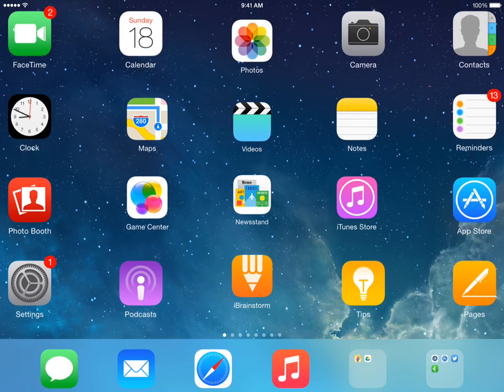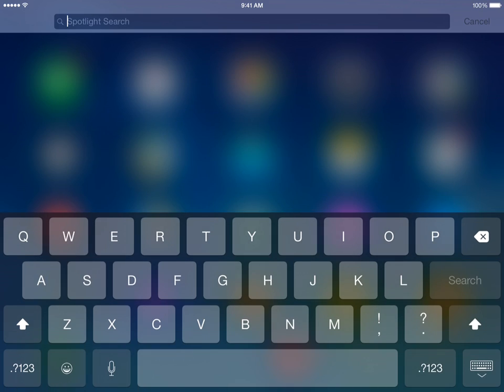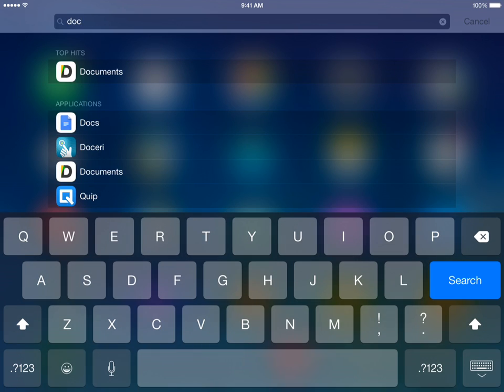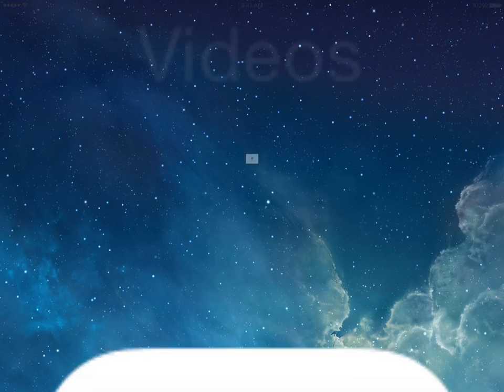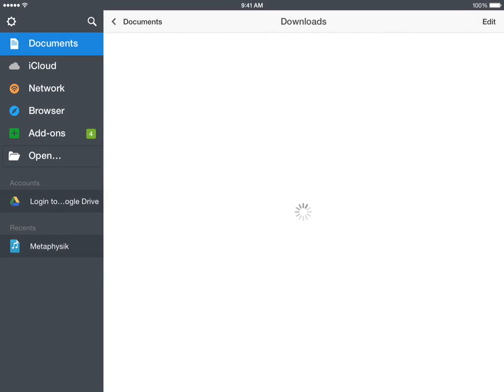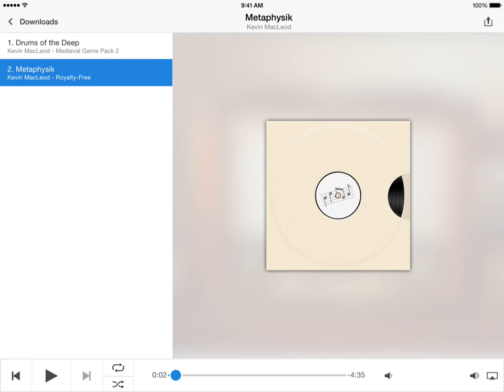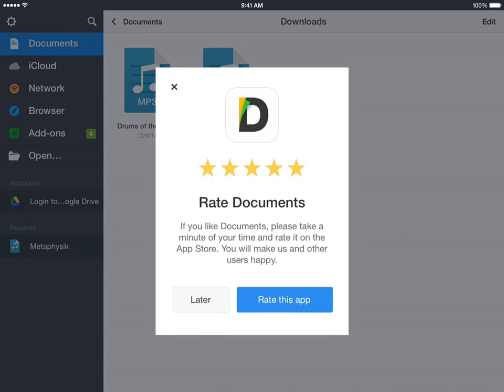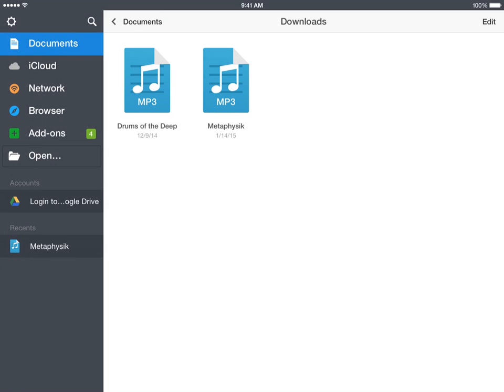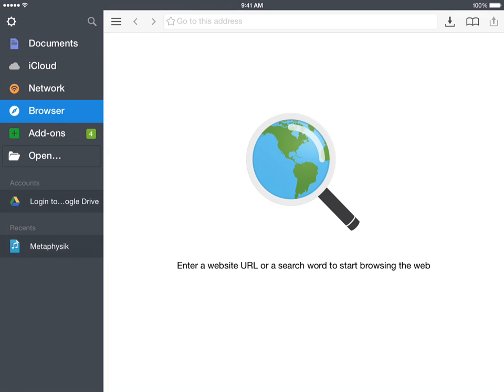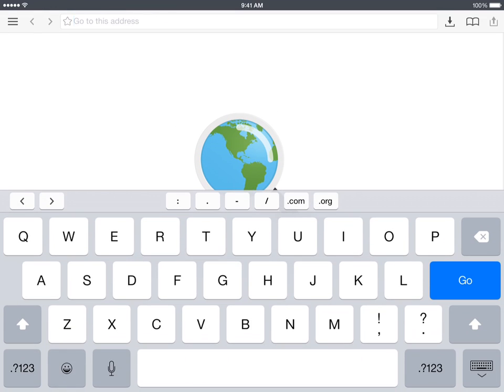So if I get out of iMovie and I swipe down, I can start typing in Documents, so DOC. You can see the app Documents. On the left hand side, you'll see where it says browser, so that will take me to an internet browser. And I like to just take us to Fairview Park